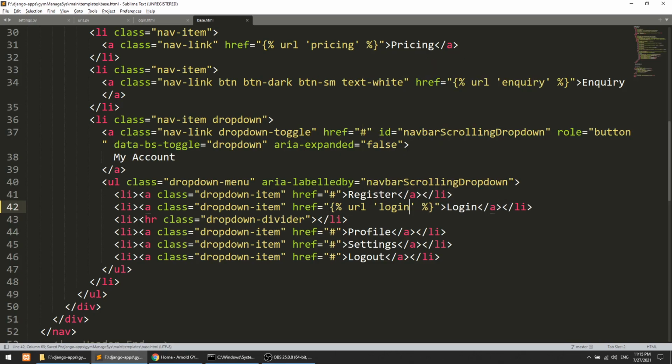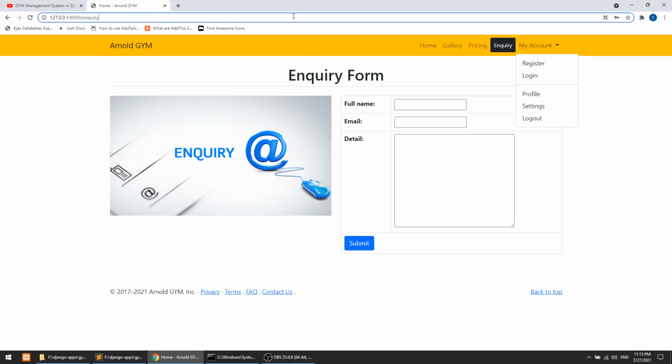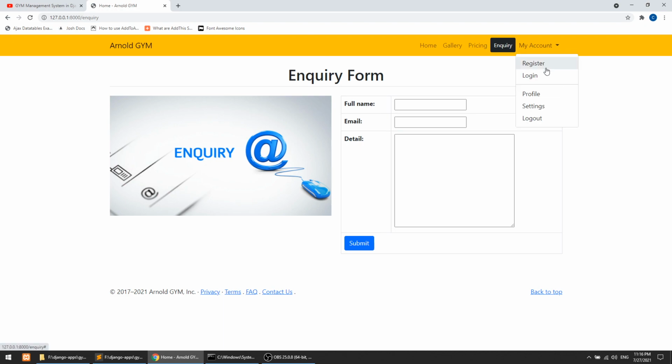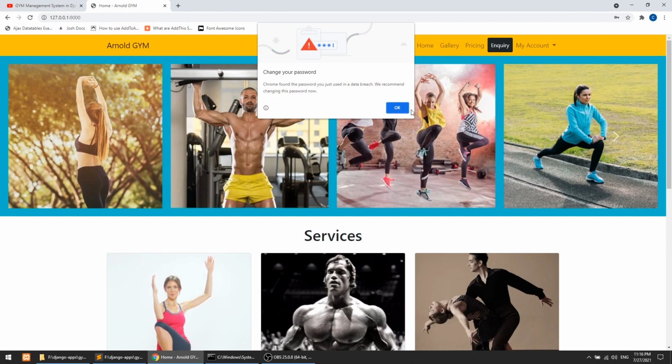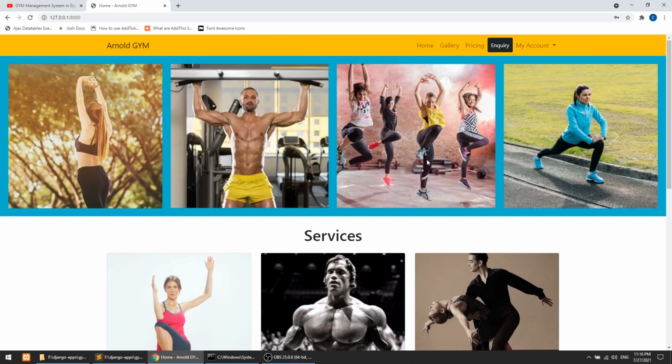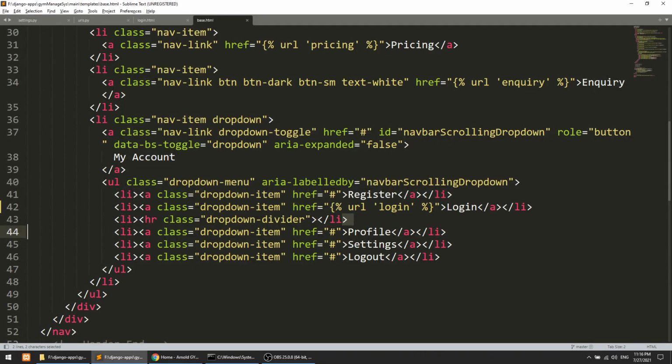So here we have defined the URL and login. Let's refresh this, and when we click on this, you will go to the login form, admin login, submit, and you will be redirected to the home. So we have successfully implemented the login functionality. Now we just need to make the logout functionality. Actually, we will not make it, we will just define the link and it will work,